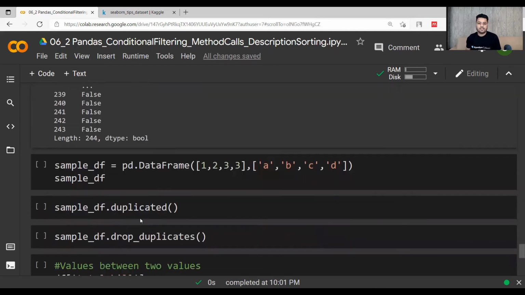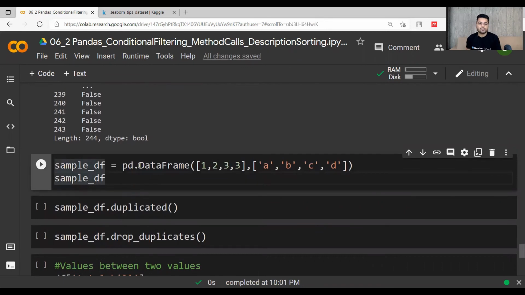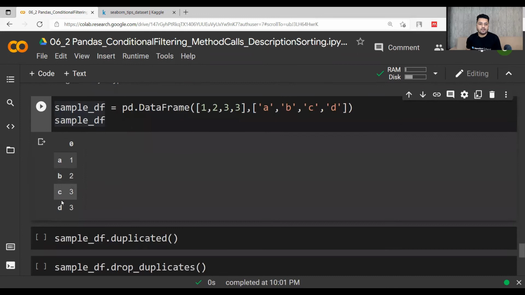So let's take a simple example. Let's generate this sample df in which I am passing the data with the values 1, 2, 3, 3 and the indices a, b, c, d. Now obviously the second 3 is a duplicate value, right? So the output should be false, false, false, true.